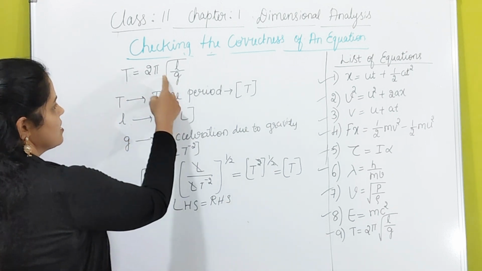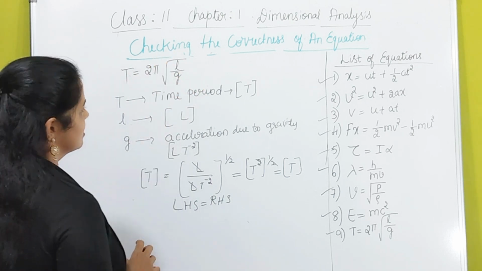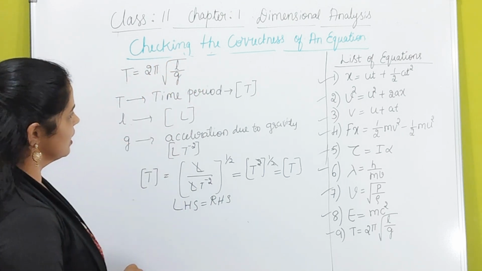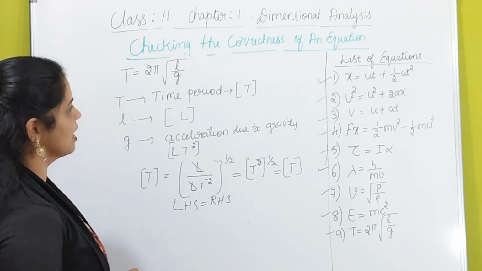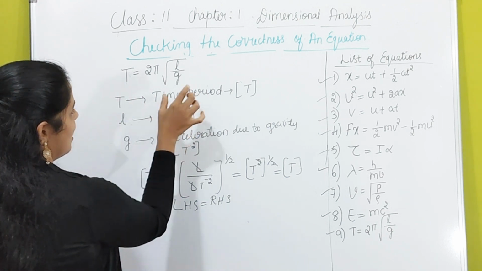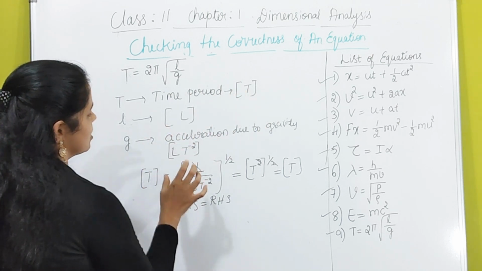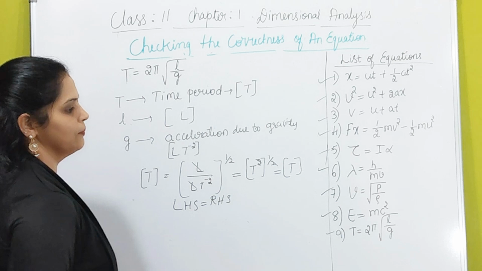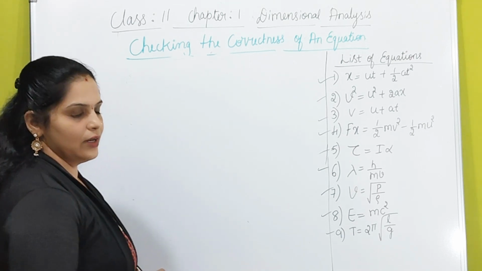Sometimes the equation looks very tough, right? When you look at the equation, you think, oh, how to solve this type of question. But if you write each term and write the dimensional formula of each term, then it will be easy to solve. So follow all the steps properly. Now let us consider one more equation.